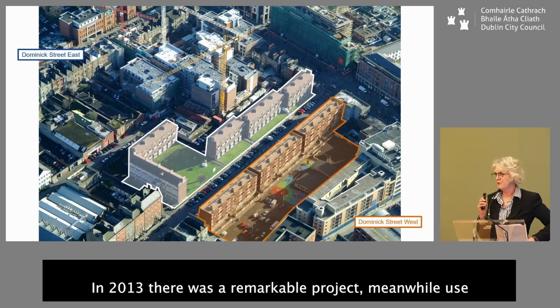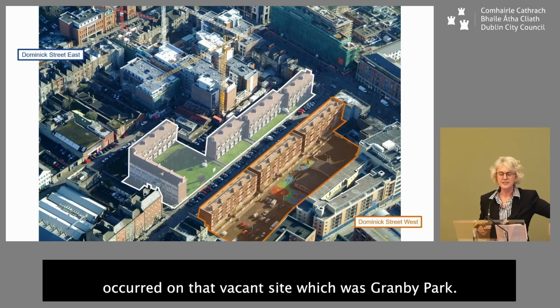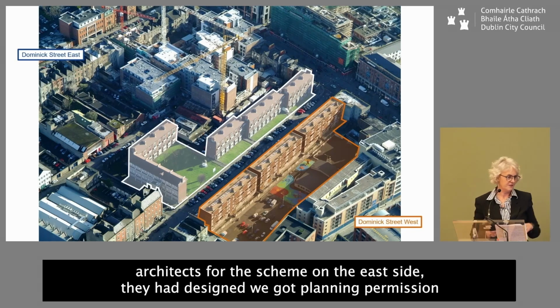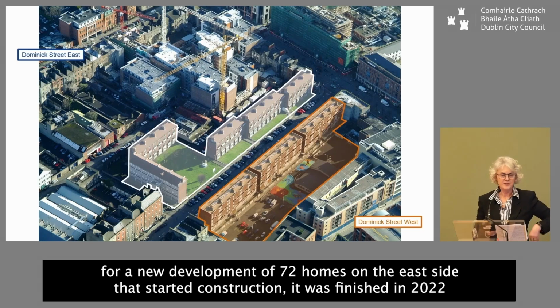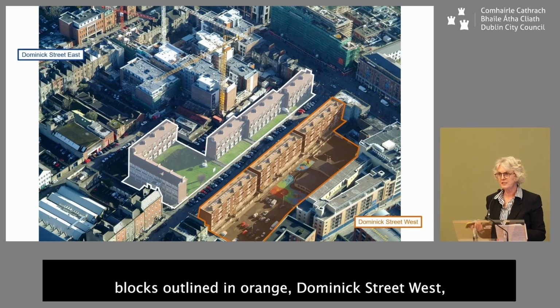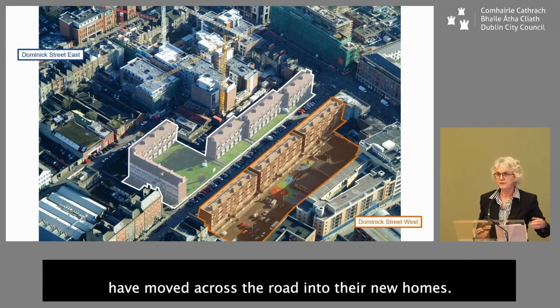In 2013, there was a remarkable project. A meanwhile use occurred on that vacant site, which was Granby Park. In 2018, Cotter Naessens and Dennis Byrne Architects, the architects for the scheme on the east side, had designed, and we got planning permission for a new development of 72 homes on the east side. That started construction. It was finished in 2022. And all the residents from the 3 blocks outlined in orange, Dominick Street West, have moved across the road into